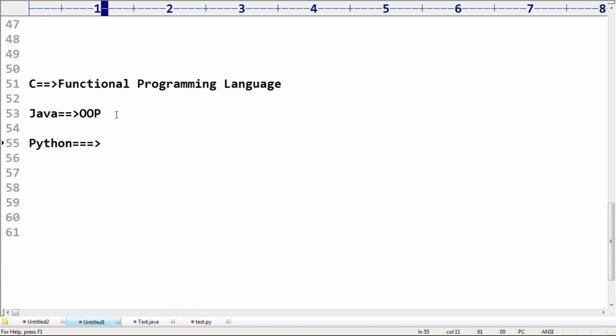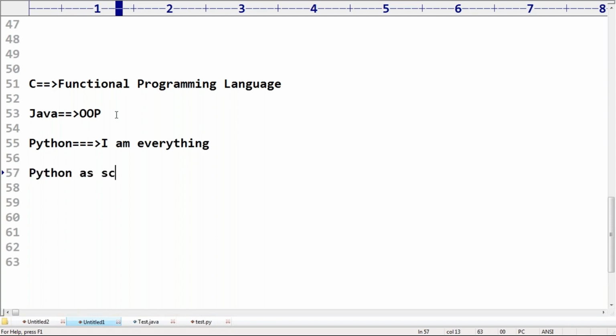If you want, you can use me as a scripting language. Just write some 3 or 4 lines of code, and I will execute them line by line without having any functions, without having any classes and so on. If you want functional programming, yes, I can provide support. If you want object oriented, yes, I can provide support. So the simple answer Python is going to tell is, I am everything, sir. Anything you want, I can provide support. So, yes, Python.